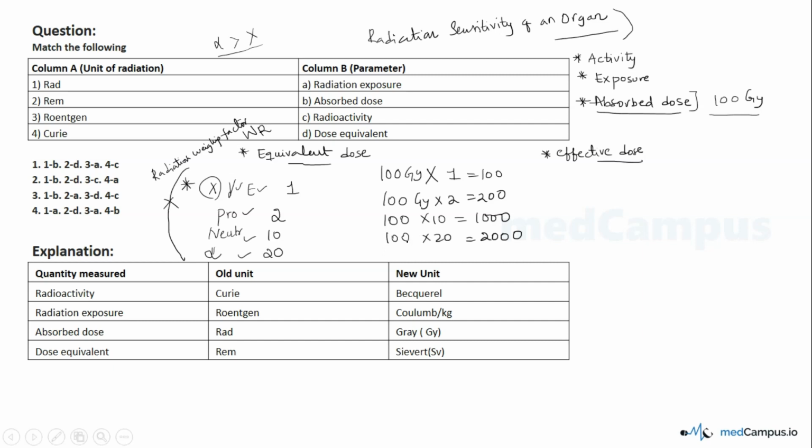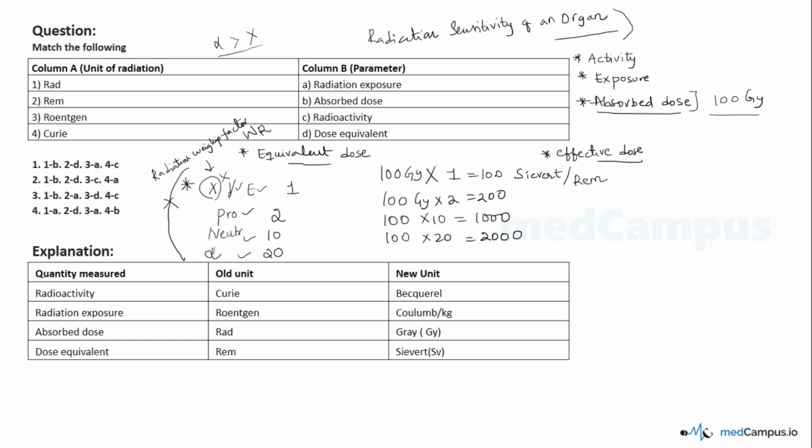So it is absorbed dose and also the effectiveness of the type of radiation. Now this unit, whatever I am discussing, the SI unit is Sievert and the non-SI unit is Rem. For the same amount of exposed dose, the equivalent dose is different. Equivalent dose depends upon which type of radiation you are using.